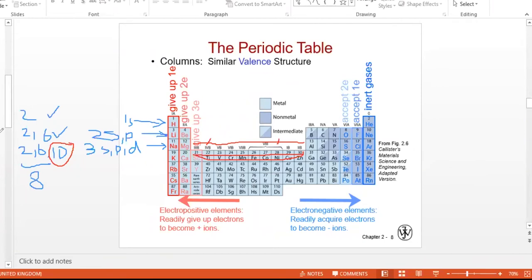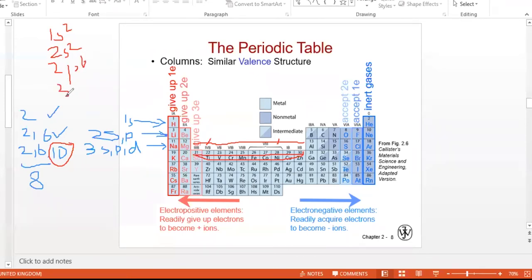Because of what I was talking about, the energy diagram. If you now remember this energy diagram, I'm talking about the ascending order: 1s2, then 2s2, then 2p6,